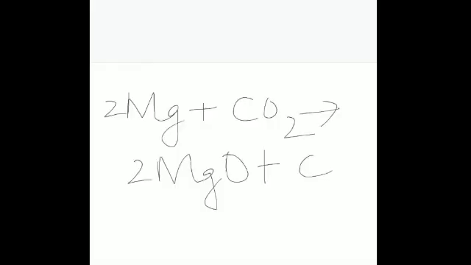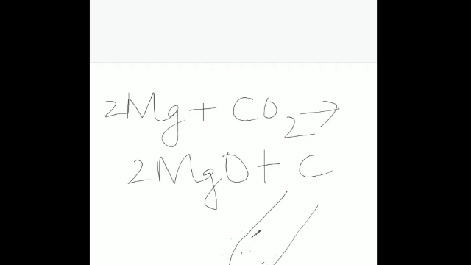And the reaction with metals. Metals like sodium, potassium, magnesium burn in the presence of carbon dioxide to form respective oxides and black specks of carbon. I told you that a few metals burn in the presence of carbon dioxide, and while burning they deposit black specks of carbon. If they are burning in the test tube, you can see the small black bits, tiny pieces of black, that is carbon.